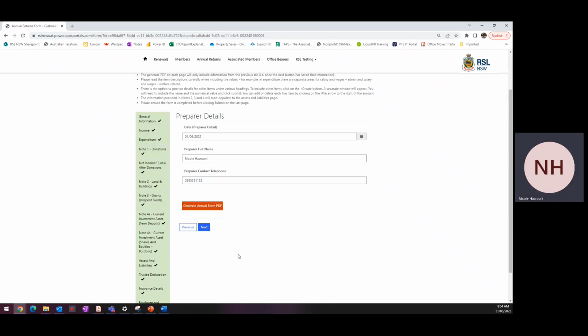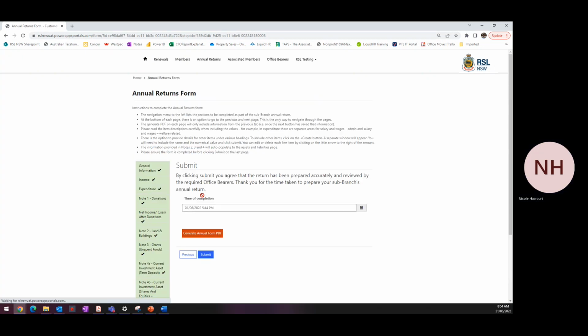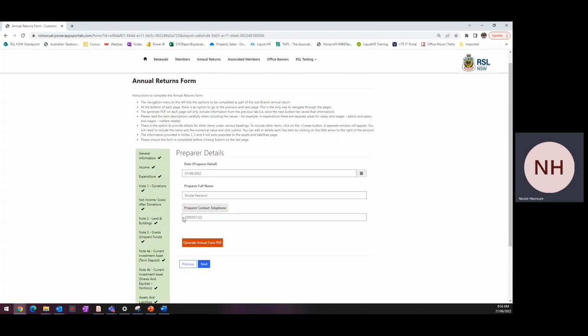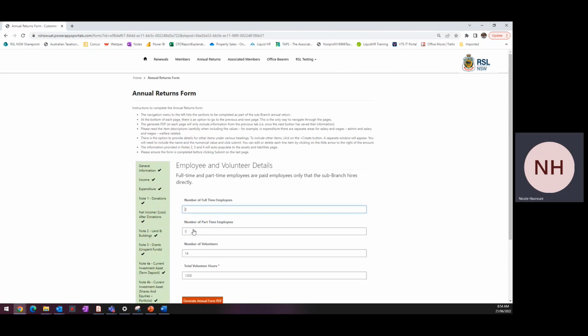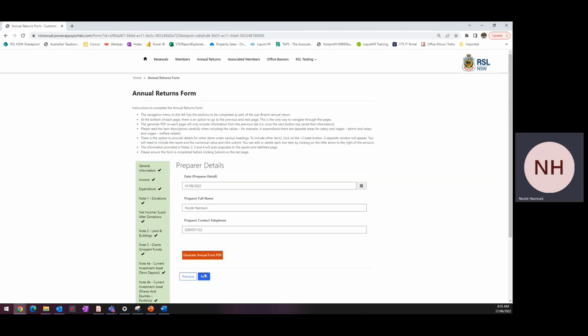As we reach the end, we'll select the date that it was prepared. I've prepared it, so I've put my name and telephone number. So you can see if I've made an error, I can always toggle back by clicking previous, and then I can come through again. I'm at the